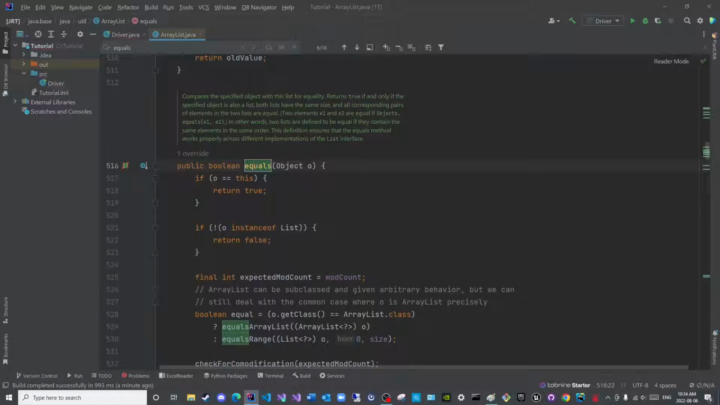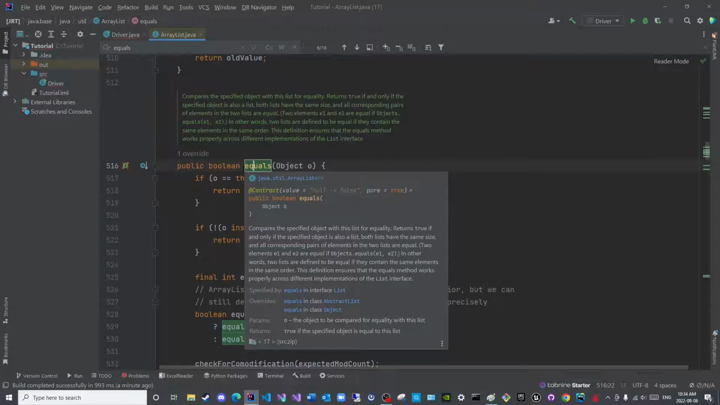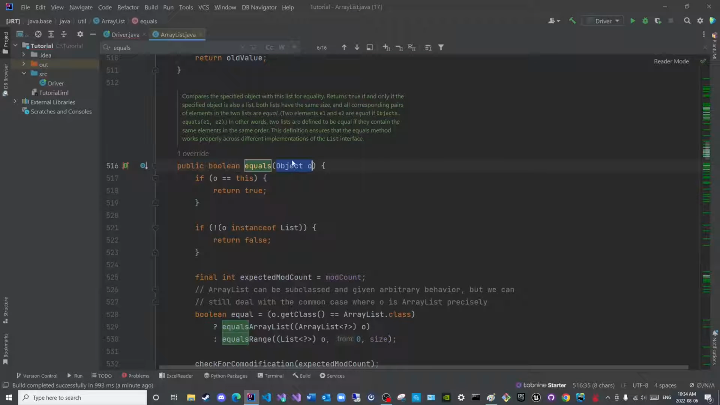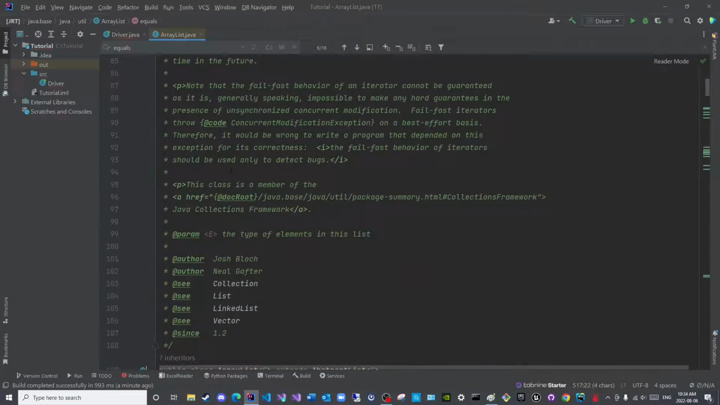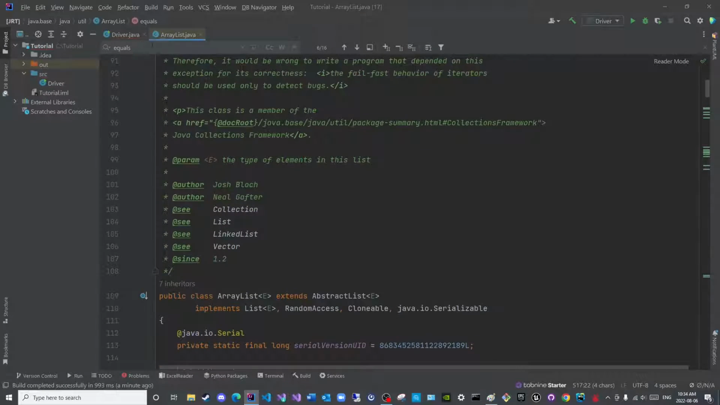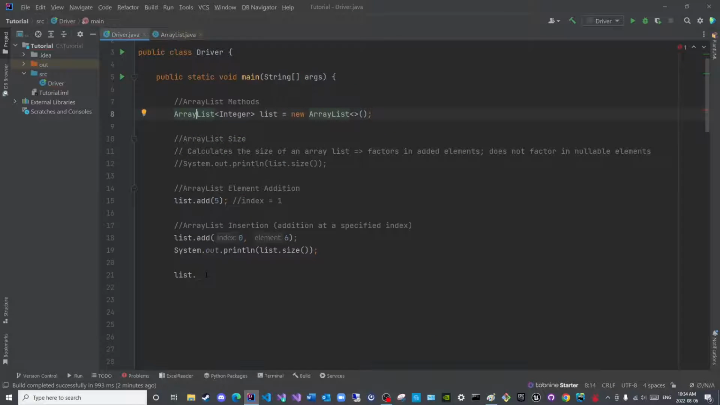So equals here, as we have covered in the string class, it checks if the object passed is equal to this object, and remember this refers to the current instance of this current class here. So what that means is that if you wish to test and see if two array lists are equal, you use the equals method. So let us create